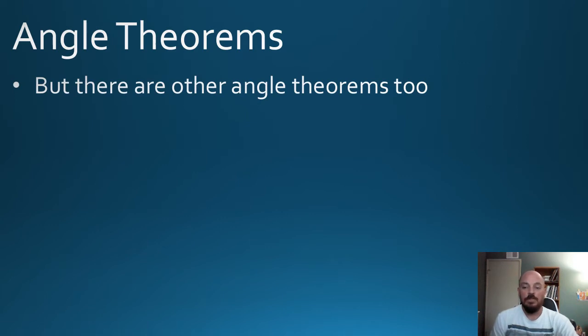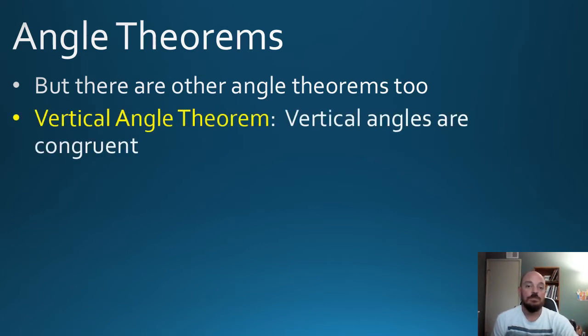Now, there are a couple theorems we didn't use yesterday with line segments, but we have learned before. This is not new. Remember, we did a whole module on angles. One of the things we learned in that module was the vertical angle theorem. It says that vertical angles are congruent. So, for example, let's say I had this picture right here. We have two different lines crossing,